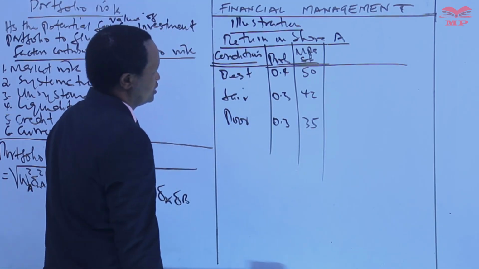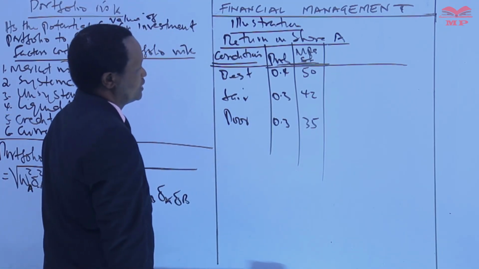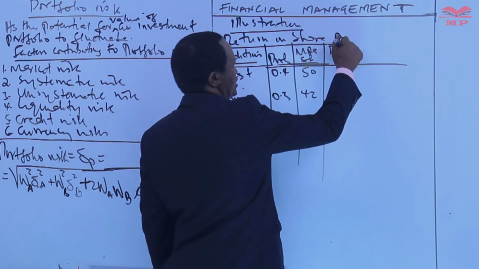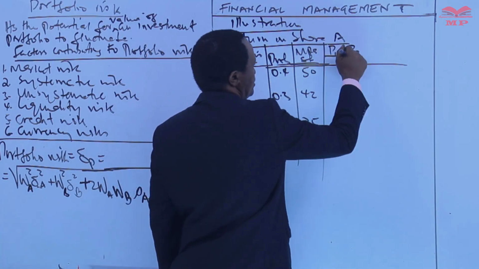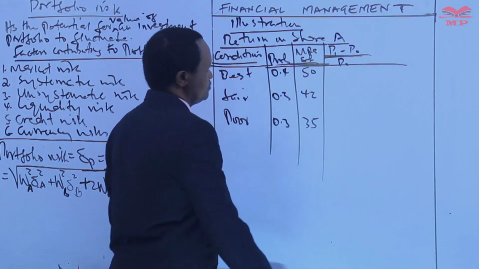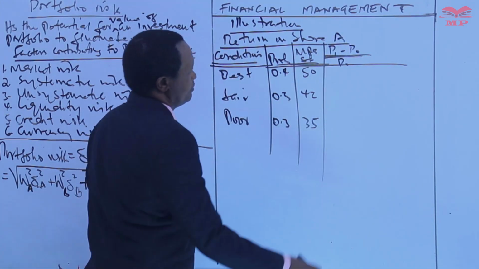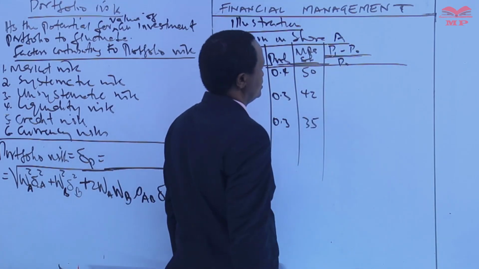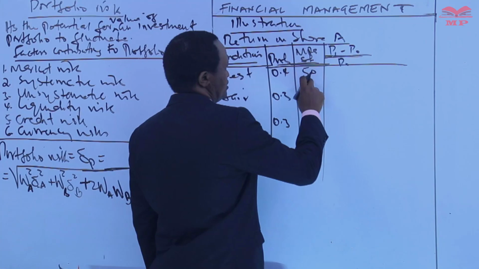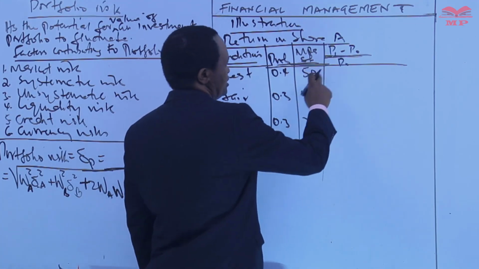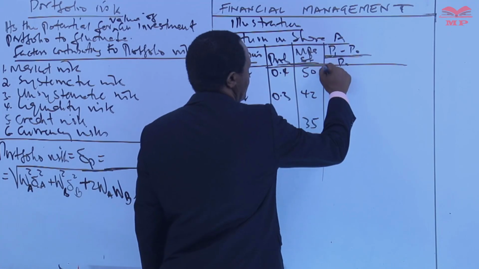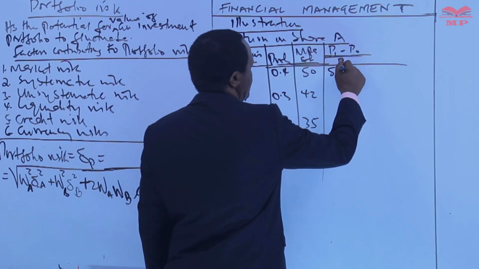Convert the shillings into percentage, and that will be equal to P1 minus P0 over P0, where P1 is the current price. This is the price. P0 is the base. We're going to have here 50 minus